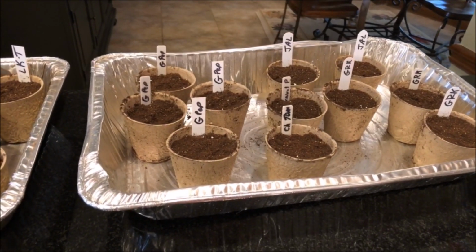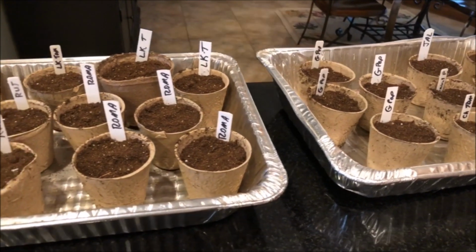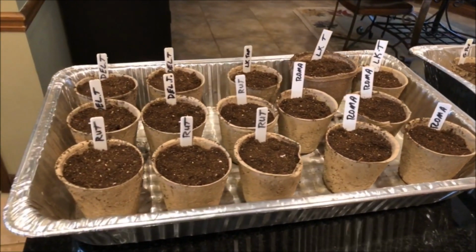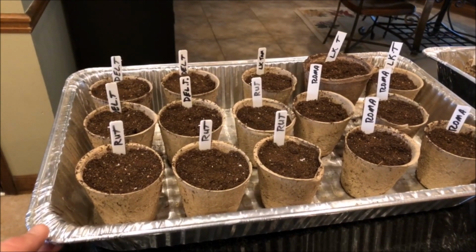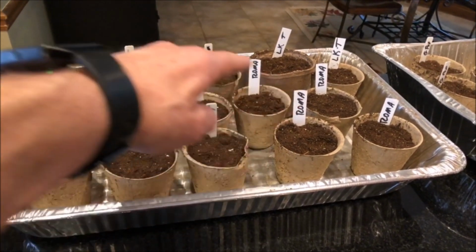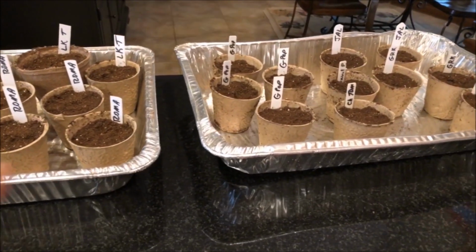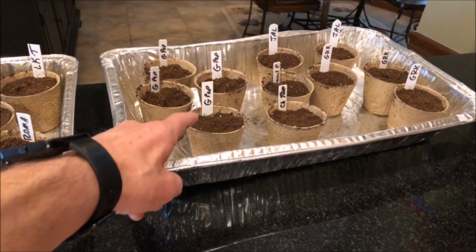But I like to get everything in one of these tins like I have here. These are just leftover from something we had catered. And I keep them and repurpose them, and they become the bottom where I can pour water in here and then feed from the bottom. You don't want to water the plants on the top because they'll end up getting a fungus on there. So what I do is put in all the soil, this is not soil, the soil starter, in